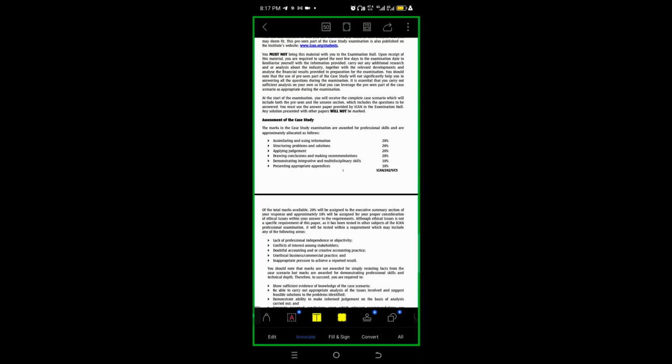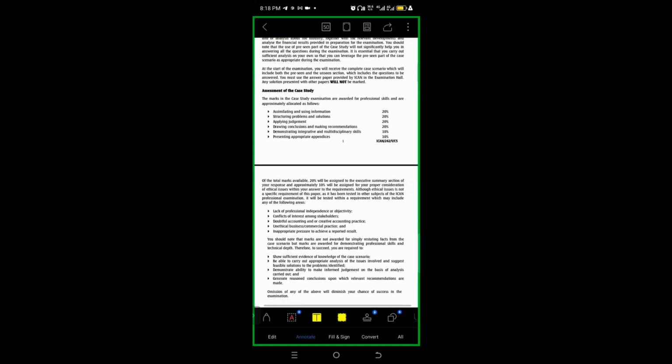So that is why they said that what we have now will not significantly help us in answering all the requirements during the examination. Even for the financial statement analysis, we don't know which area they will ask. We don't know how they will come about it, right? But we can have a fair understanding of what to expect in the future exam by working with this. So let me quickly stop there so that we can start what we want to start.